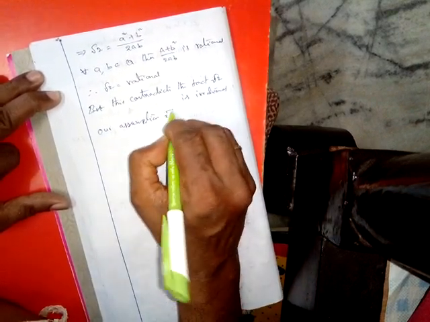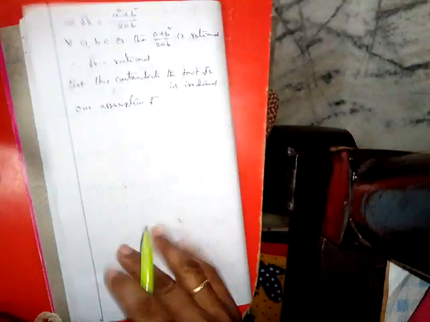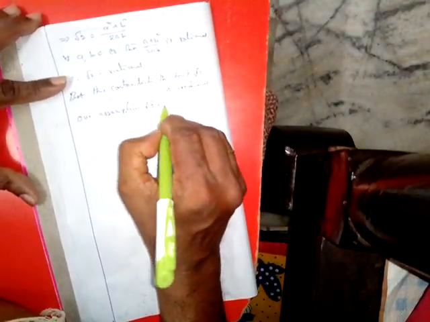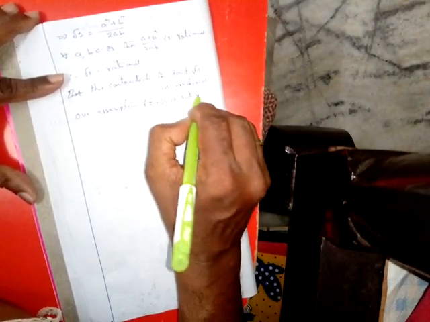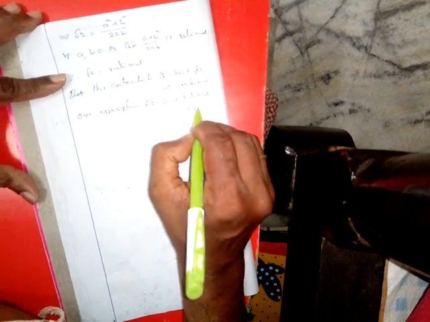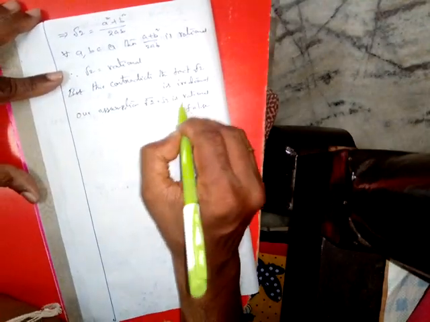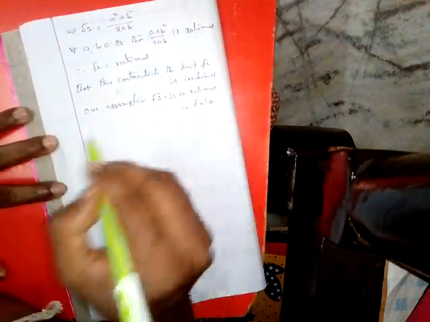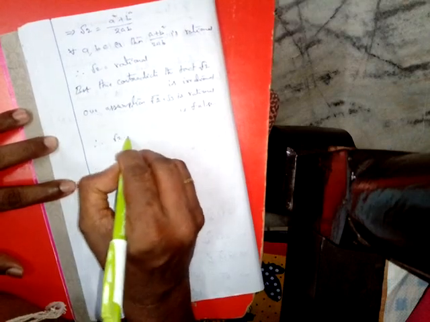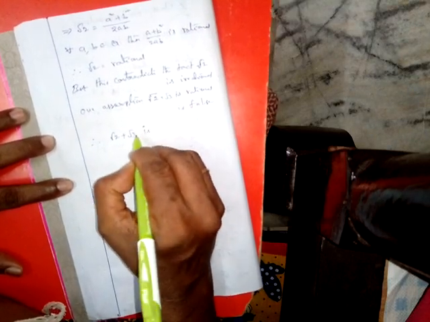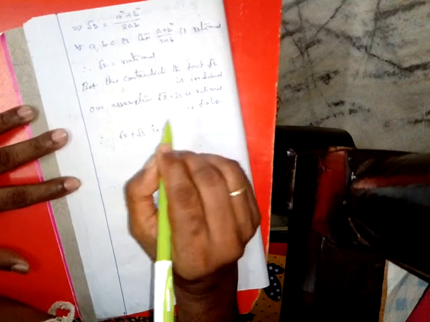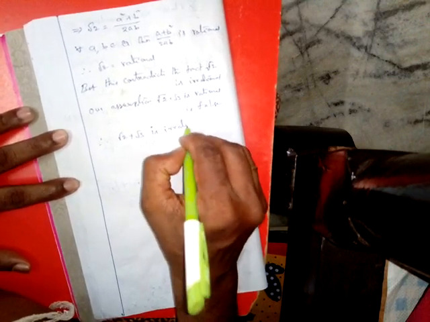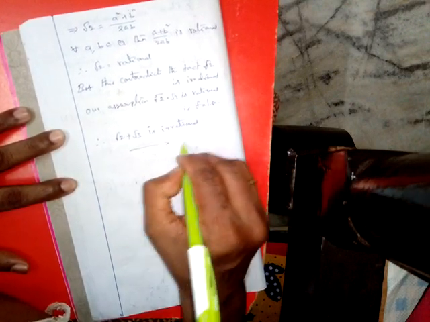So our assumption, what did we assume? We assumed root 2 plus root 3 is rational. That is false. So our assumption that root 2 plus root 3 is rational is false. Then what is root 2 plus root 3? It is not rational; false for rational means it is irrational. In this way you have to prove such problems: root 2 plus root 3, root 3 plus root 5, any such values you can find out like this.